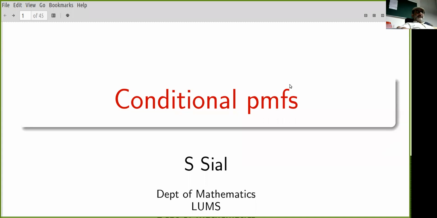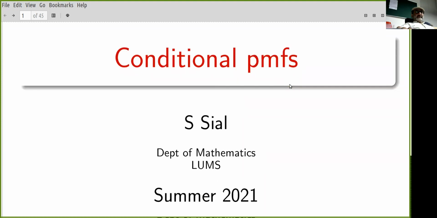Okay, so in this session, we are going to look at conditional probability mass functions involving two random variables. We didn't actually have a chance to do this in the summer session this time, but for the sake of completeness, I thought I'd